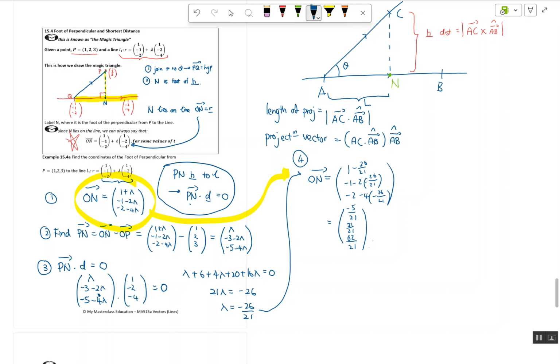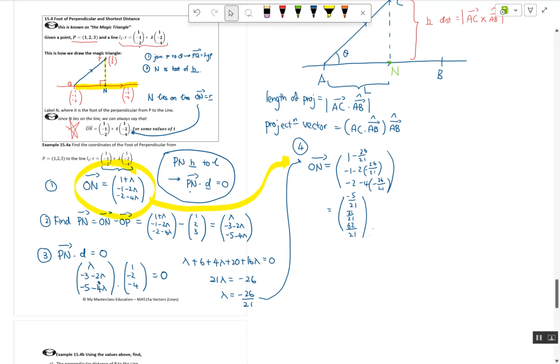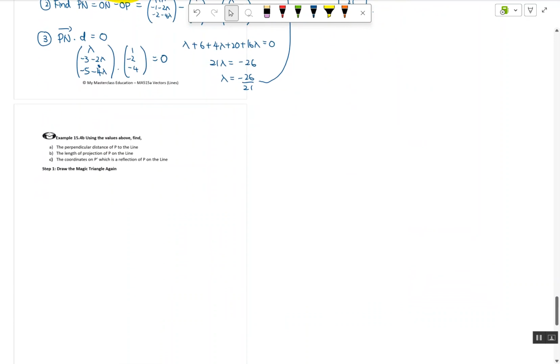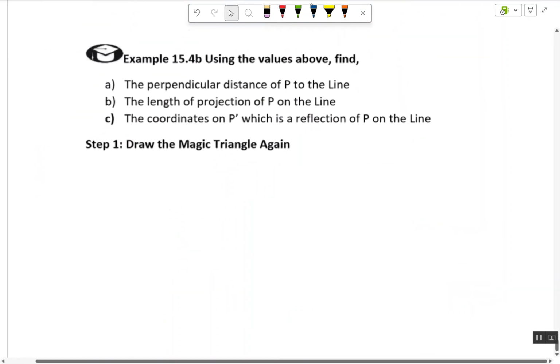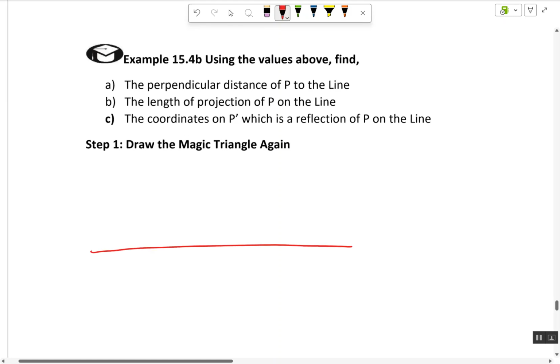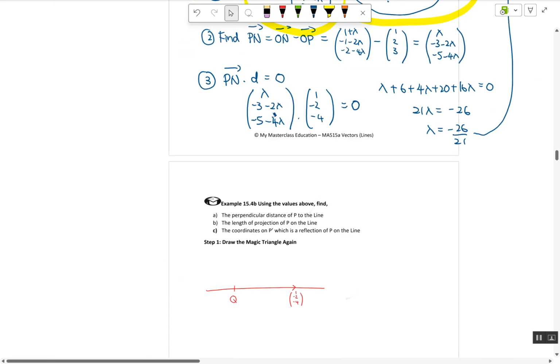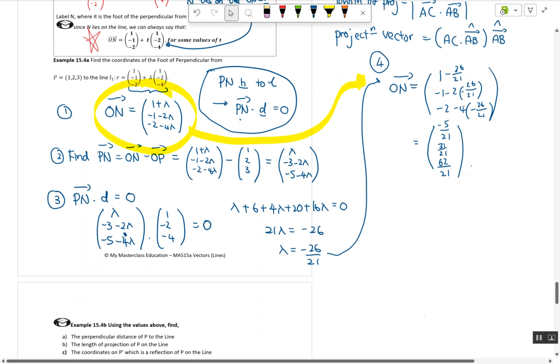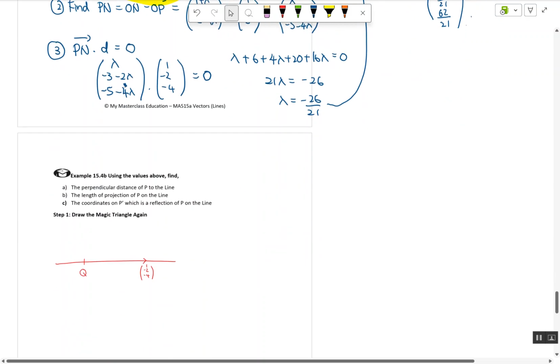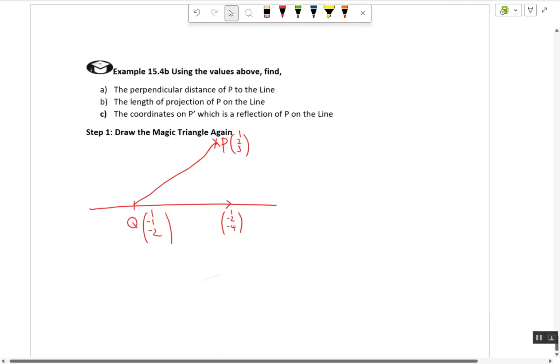Okay, so that's how you find the foot of the perpendicular, and usually accompanied with the foot of the perpendicular, there's going to be 3 types of question. Okay, so I'm going to draw the line again. The line is here, and we have this Q as well as a direction of 1, minus 2, minus 4. Q is 1, minus 1, minus 2, so you will always have a point, and then you will have a P that's here, which is 1, 2, 3. And I already found